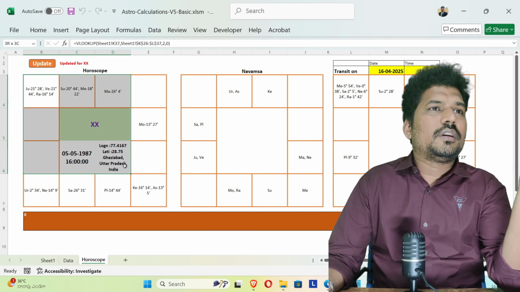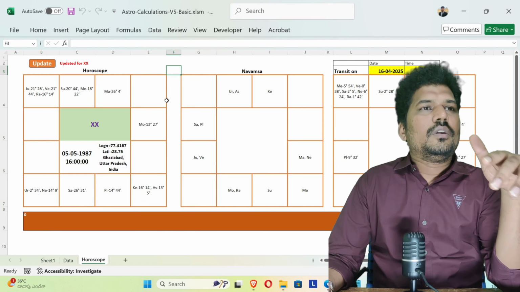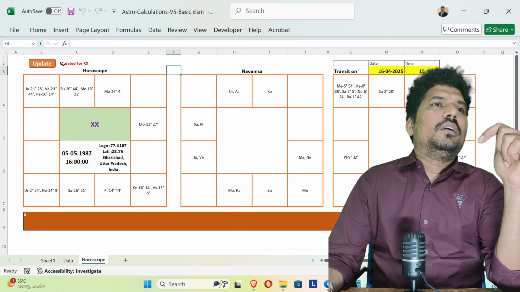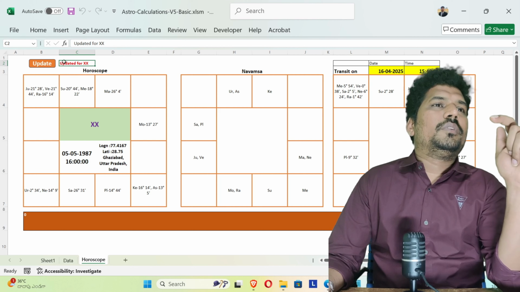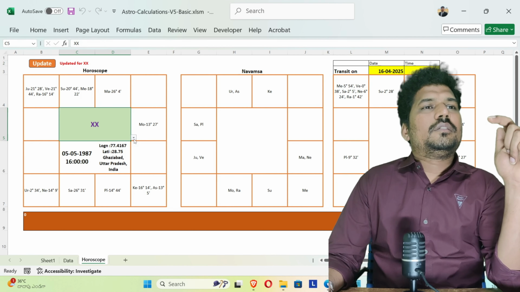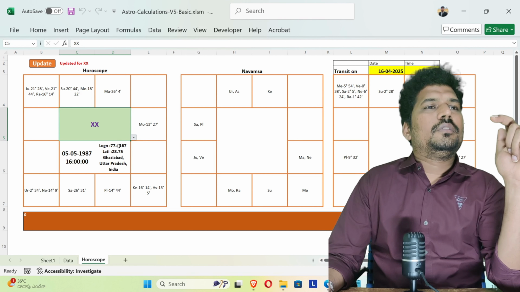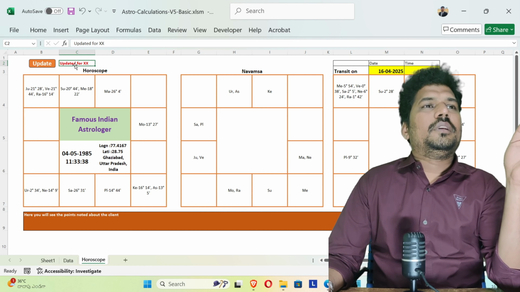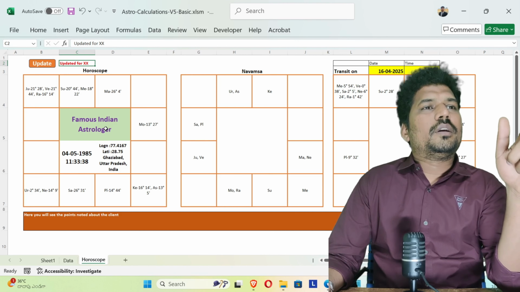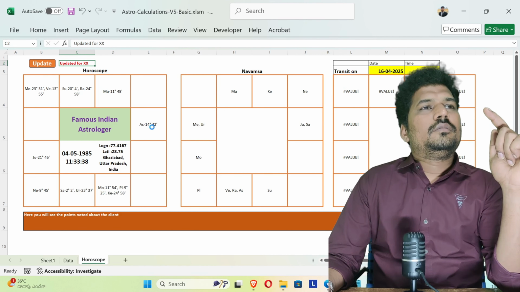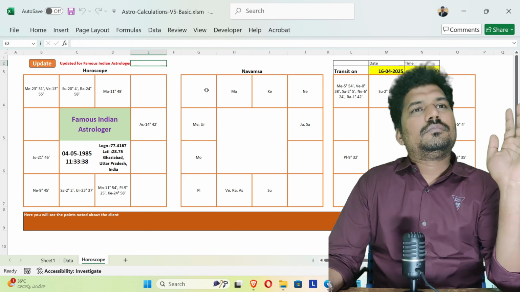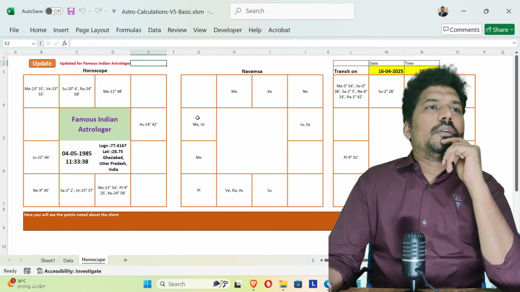So now this is the chart of the person we are looking at. Just to ensure that this chart was actually updated, here I have kept a word stating that for this person it has been updated. If I change this to the earlier person, see, here the name was appearing differently. That means these details are not considered while preparing this chart. So if you want to consider it, you need to click update again. So now these details are updated for this person. Likewise you can get it.